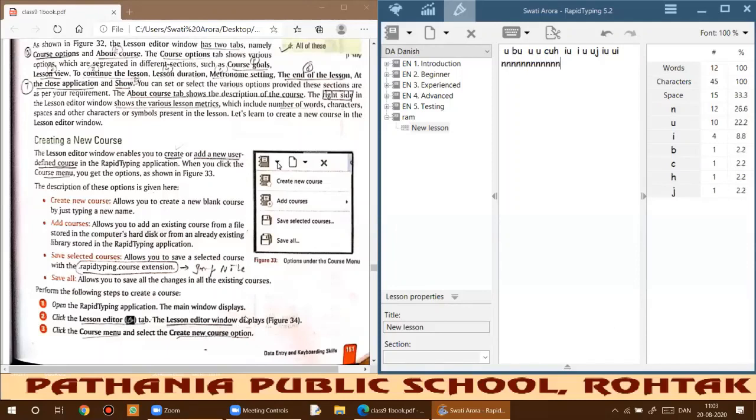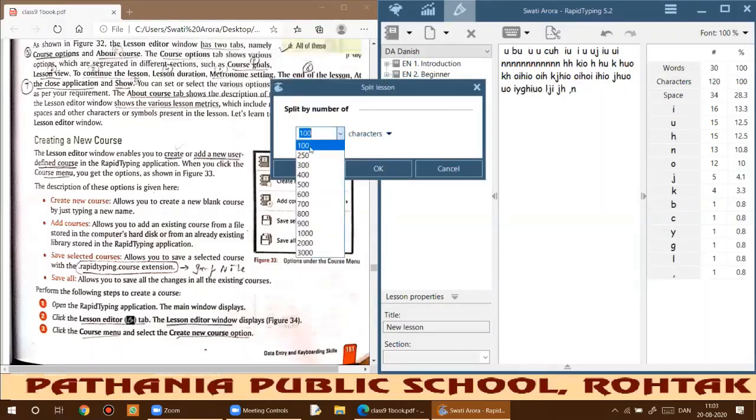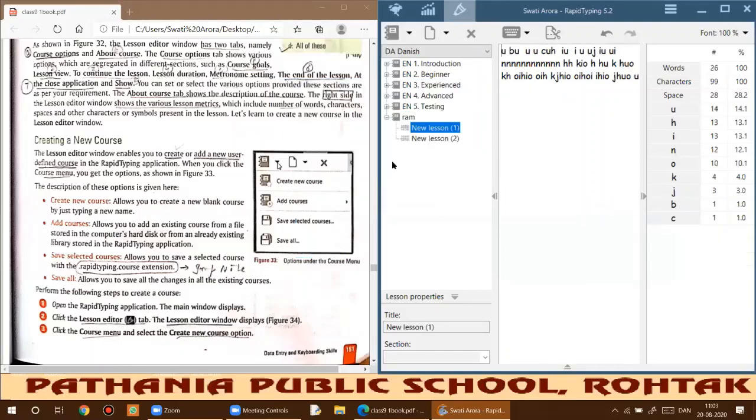This way you can add a course. Keep adding the things that you want in your own course. Once the course is ready, if you want to make a course of not more than 100, just click on 100. It is totally up to you how long you want to make the course. I just want to make it 100, so click on OK. You can see a new lesson has been added.